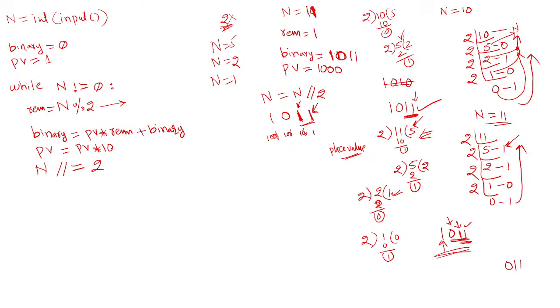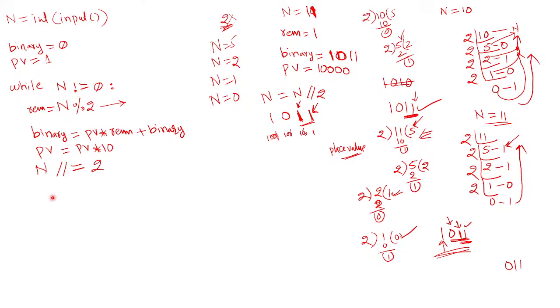Okay, so then increment the place value by multiplying by 10. The place value becomes 10,000 here. Now reduce the n value. If you reduce n, what quotient are you getting? You are getting 0. That means n now becomes 0 here. So when you go up, the condition becomes false. n not equals 0, 0 not equals 0, false. Okay, so this loop